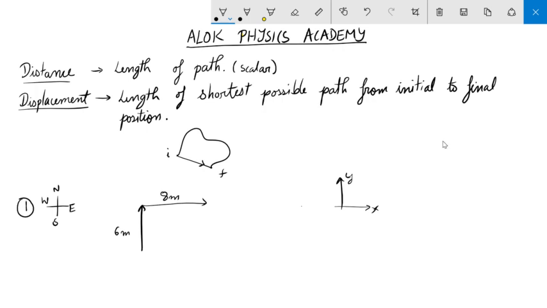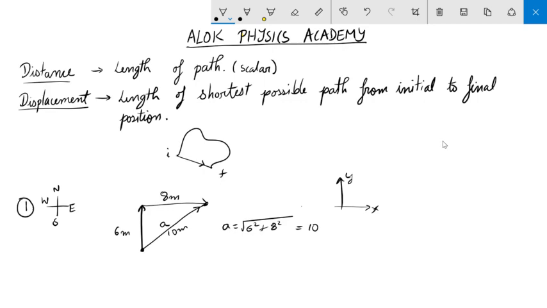So what we can do here is, the resultant of these two displacements is this. After making these two displacements, the particle from this point reaches this point, and this we can find by using Pythagoras theorem. Suppose it is, let us call it a. So what is the value of a? A is equal to how much? Under root of 6 square plus 8 square. 6 square is 36, 8 square is 64, that makes 100. Root of 100 is 10, right? So 10 meters it has moved somewhere in the northeast.